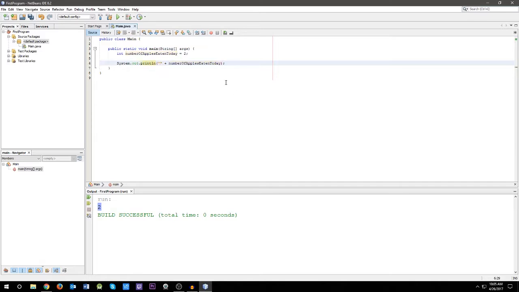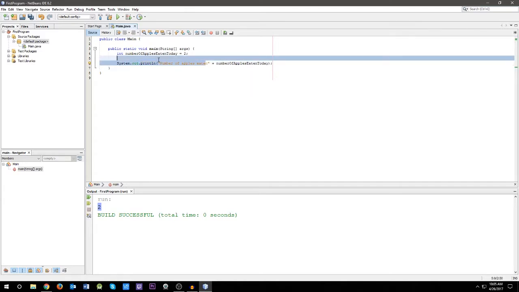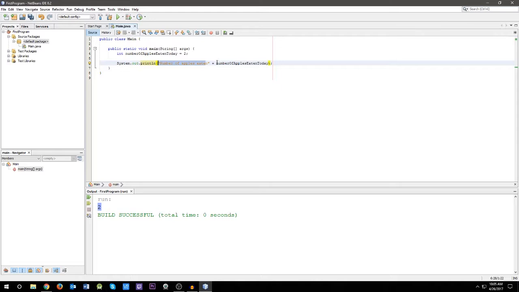We can type in double quotes, because remember, we're typing in a string, number of apples eaten, just like that. And then we're going to add this plus sign. And notice the plus sign is not within the quotes. If we add it here, this is treated as a string literal. It will literally print out a plus sign. We do not want that. We want it to take this string literal,